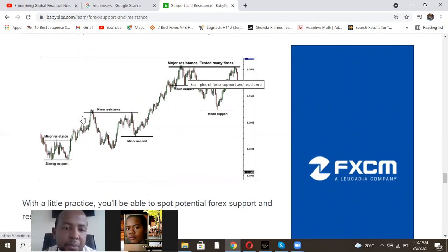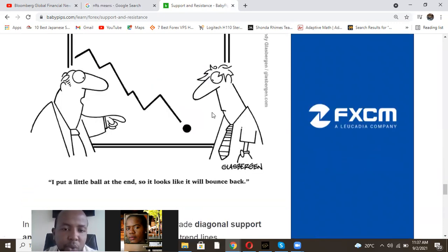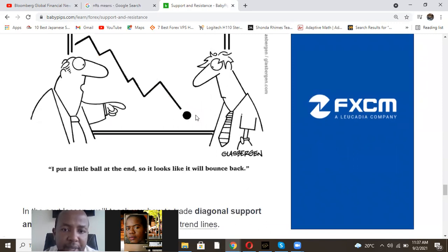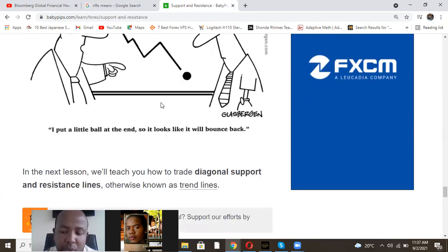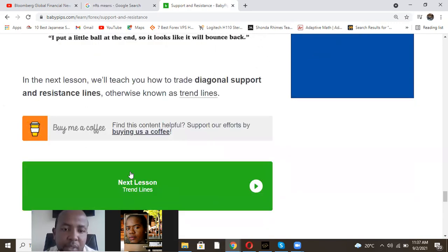Then the market pulls up, then comes back. You can see now we have minor resistance, which sometimes becomes minor support. Minor resistance goes up, down, down again, up, down. Then the market went all the way up and down like that, minor support and so forth. The bounce will be either it breaks and then goes back up. That's what is called the bounce. So you can use trend lines, support and resistance.